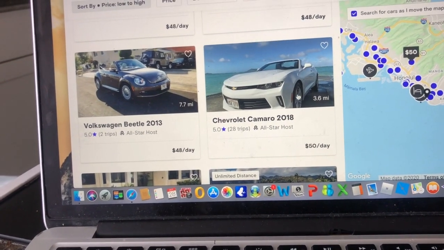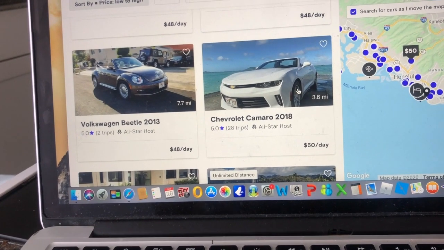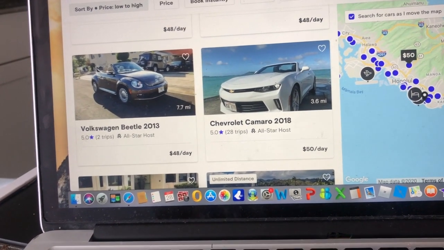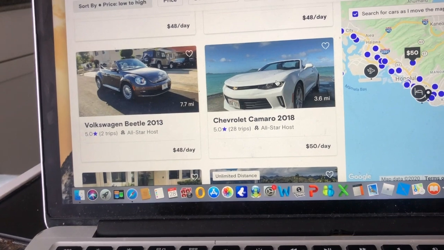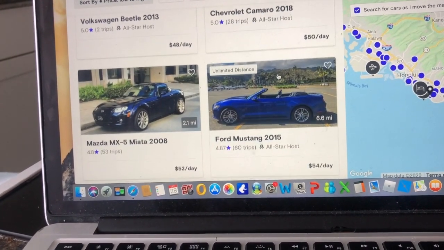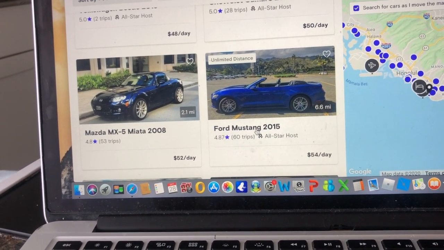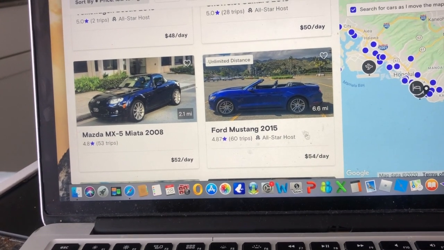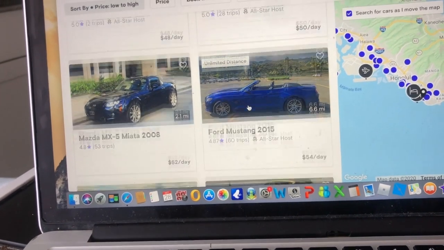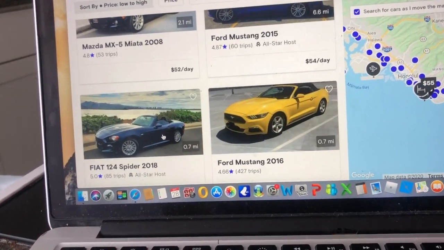So that is something, okay, 3.6 is something, but this is kind of my competition, but not really. It's still pretty far away. So this Mustang 2015 looks nice, 6 miles away, $54. Okay, but still, it's too far away. So like the first one